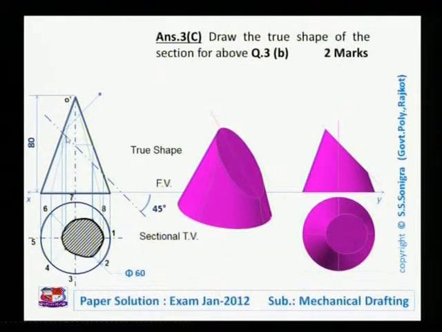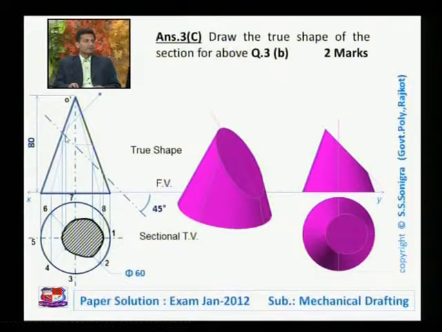Similarly, for this point, say point P4 and P6, draw a line from here like this. Measure the distance from the XY line to point P4. Here is point P4. Measure the distance between the XY line and P4 and locate it over here. Transfer it over here. Now from this point, draw a line at an angle of 90 degrees with this cutting plane and measure the distance between the XY line and this point. This is point P3. So put this distance over here, measure this distance, put this point as the center, draw an arc over here,